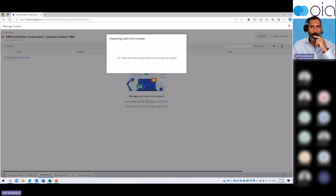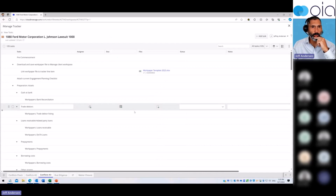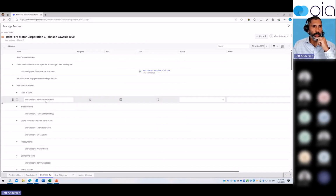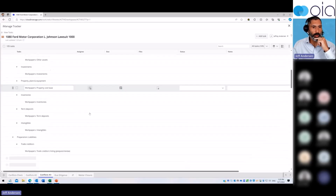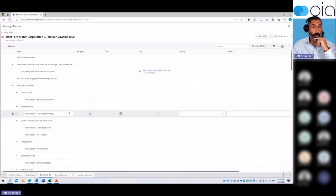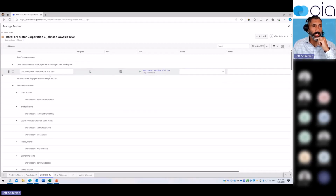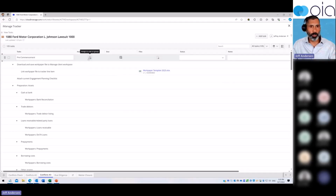Quite a few tasks in this one, so it might take a couple of seconds to get going. Here we go. So we can see here that this has brought the conflicts check through. Sorry, this is a work papers management tracker, and it came through quite cleanly. There's no assignees because it's a brand new tracker that I've set up from a template, so